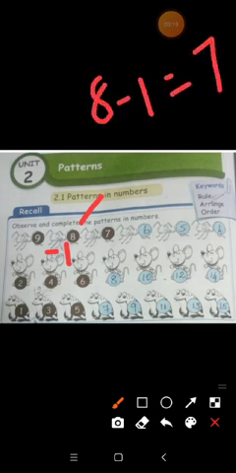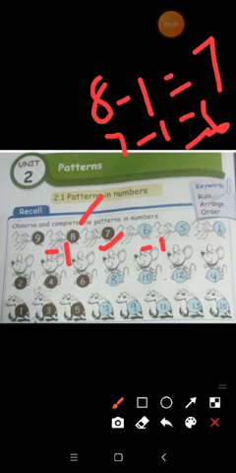So you want to subtract 1 from every last number. Here the last number is 8. So 8 minus 1 is 7. Now the last number is 7, so 7 minus 1 is 6. I already wrote it for you. 6 minus 1 is 5. 5 minus 1 is 4. Okay, I understand this. Next, the second one. The second number is 4.